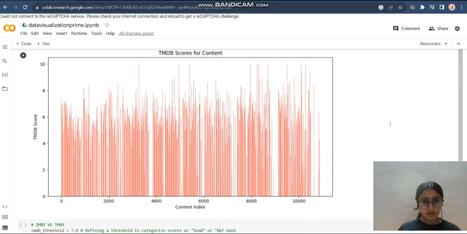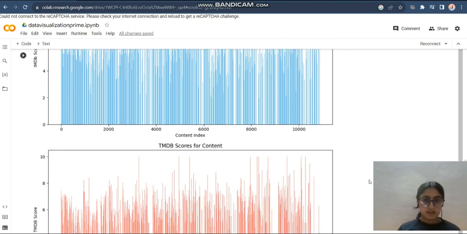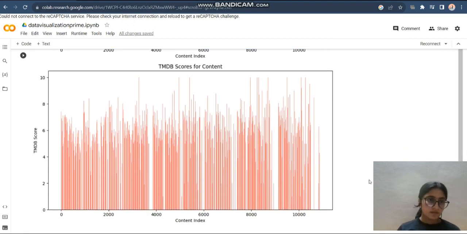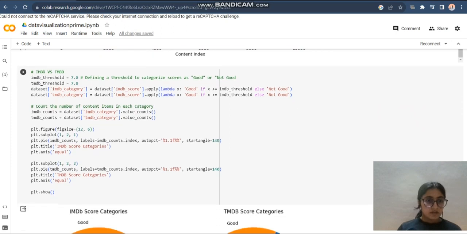Here is the data visualization for this. This is for IMDb score, we have given blue color, and for TMDB, we have given red color. It is the overall in the large data set. This is the overall. We haven't taken any top values or any bottom values. Now next,